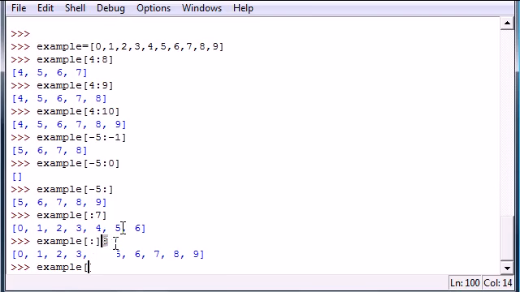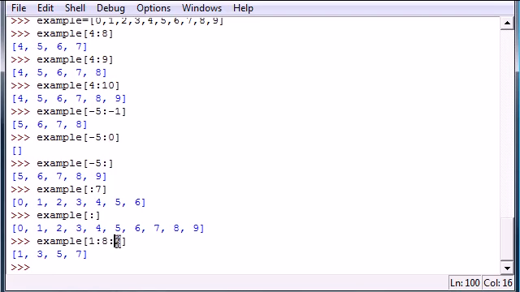So you have the starting number, the ending number, and an optional number right here about how much you want to increment by, or how many numbers you're going to skip before you get to the next one. And you could also go from right to left, and to do this, let's get our example list again. We would need the uppermost number, the bottommost number, and if we want to go from right to left, we need a negative